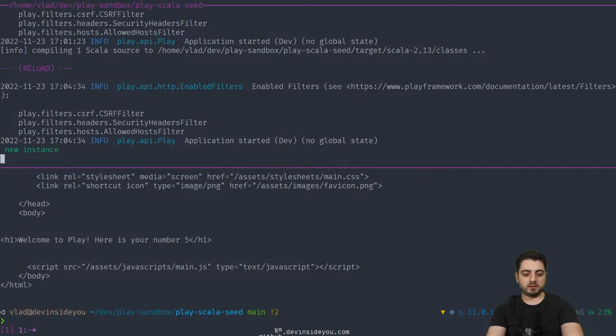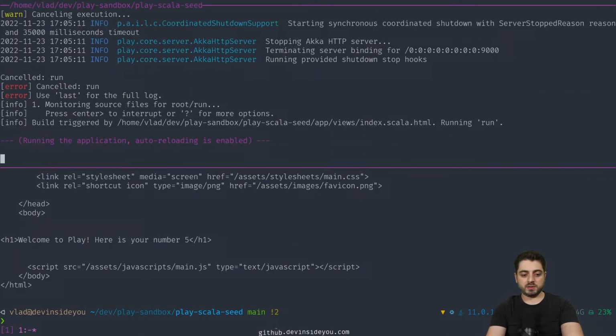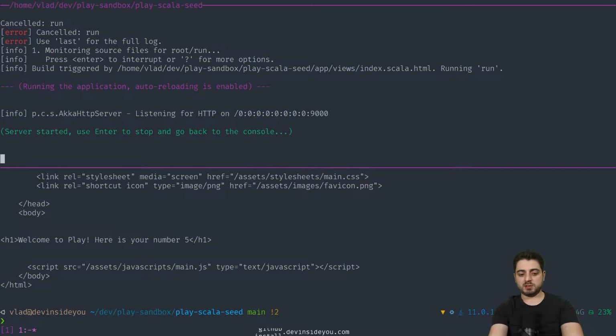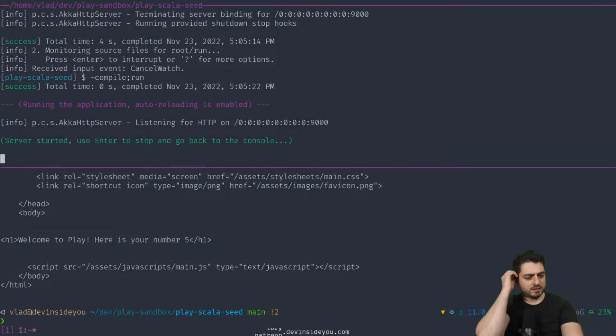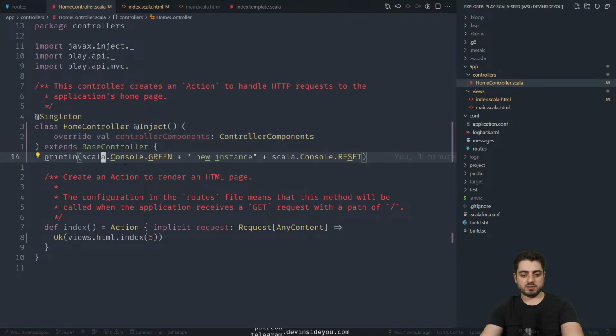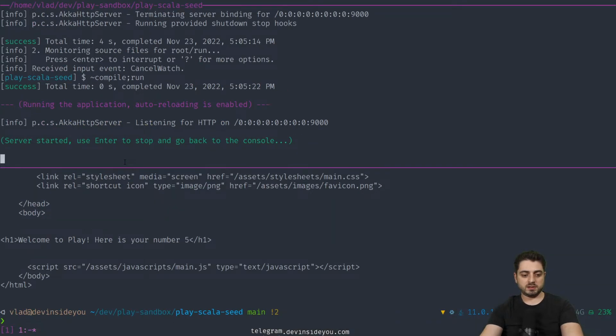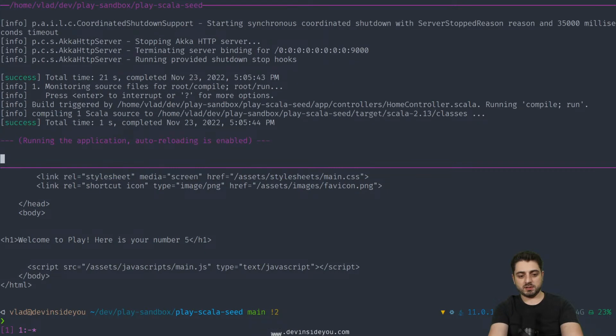And by the way, over here I think we can also do, which one of you said this before, that you don't like that it only compiles when you do a request? You can always do compile and then run, right? I think this should force it to compile, wouldn't it? So for example, let me remove this and let's see. Oh, I didn't do anything. Well, that's annoying. Which means if I press enter now, even though there is no request, it will actually